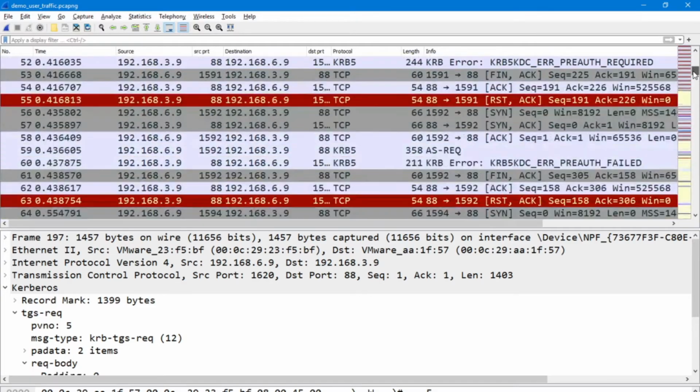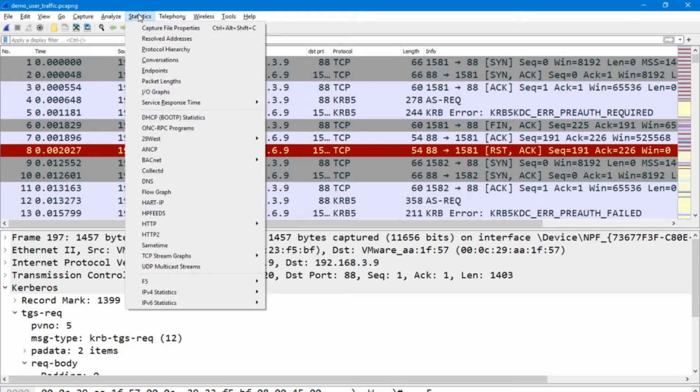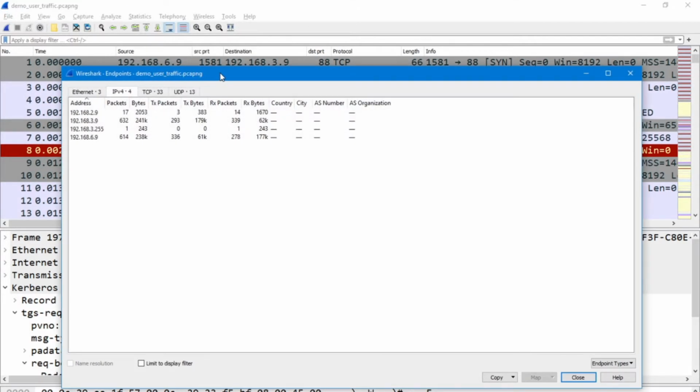Okay, go back to the top. My second step, when I'm just starting to get to know a capture and put pieces together, I like to go and look at the endpoints. Go to statistics, go down to endpoints, and this is kind of a nice capture, right? It's pretty simple. We've got 2.9, 3.9, 6.9, and a